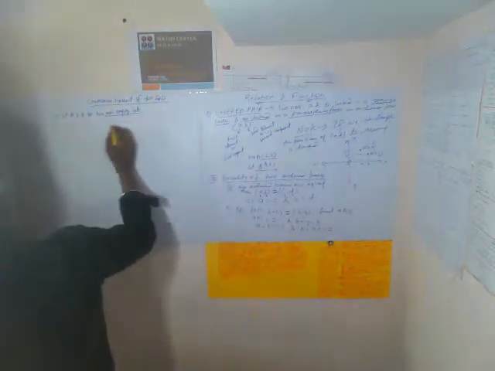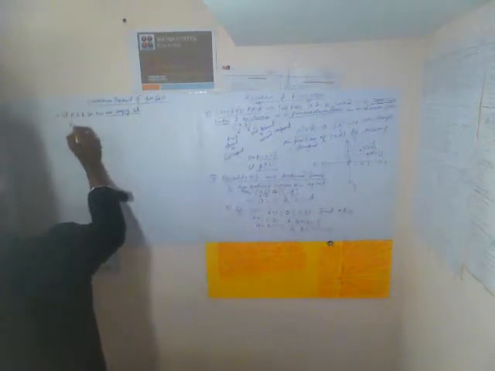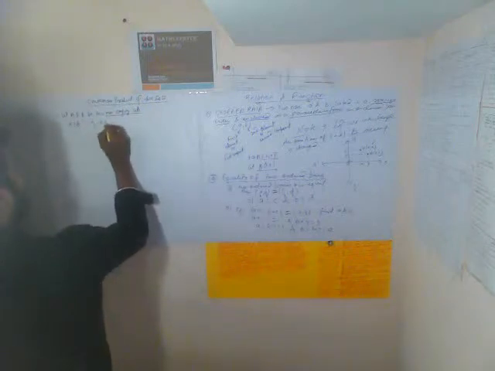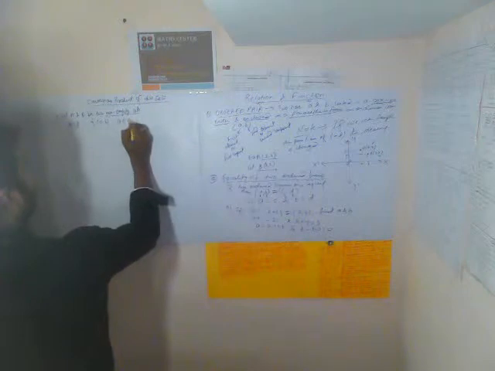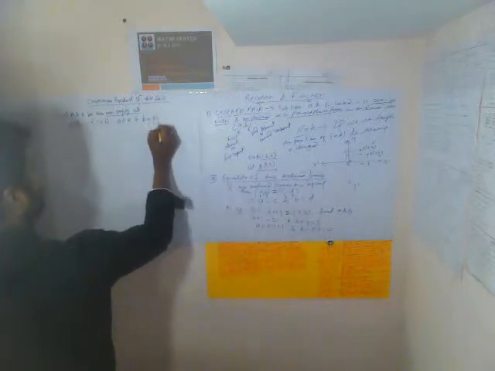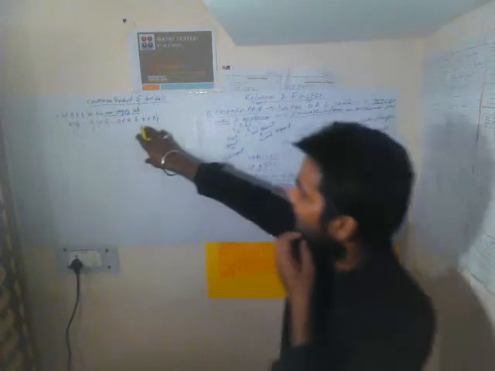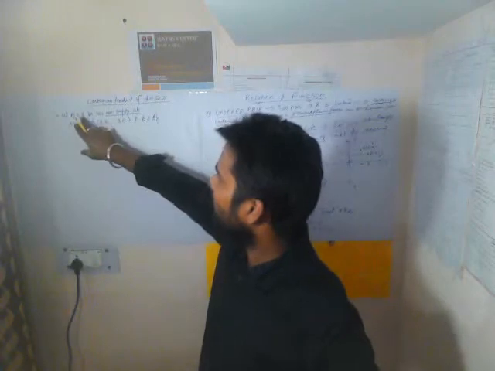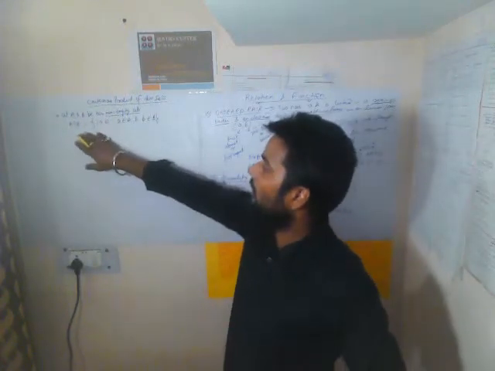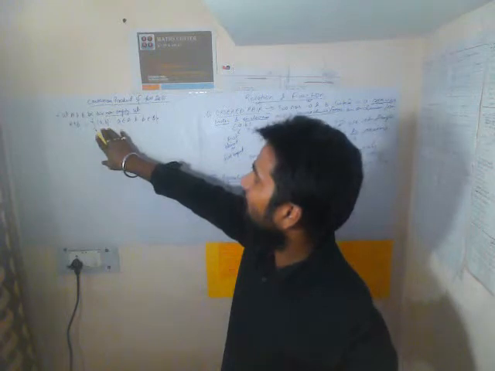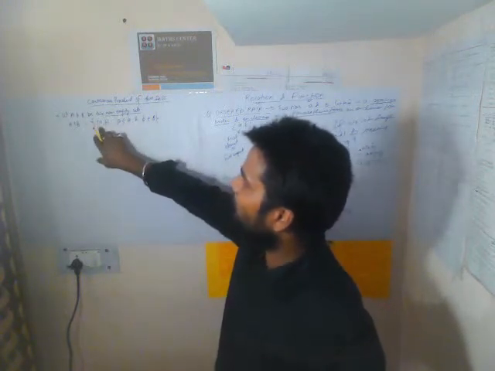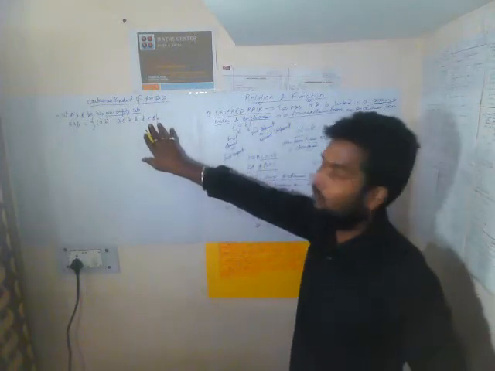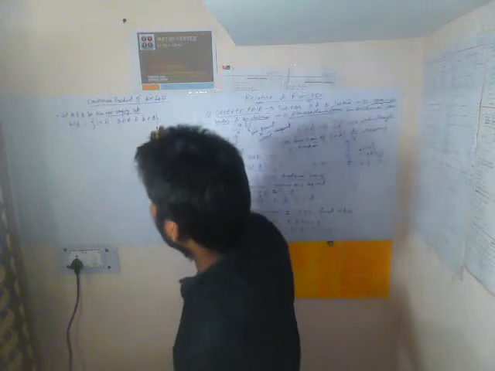To find the Cartesian product of A and B, which is written as A cross B, we write in set builder form {(a, b) such that a belongs to A and b belongs to B}. That means whenever we find the Cartesian product of two sets A and B, we have to go like this: A cross B equals (a, b), where the first component is from the first set A and the second component is from the second set B. So we always go like this only.